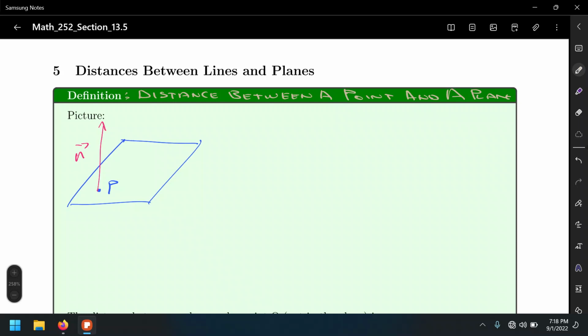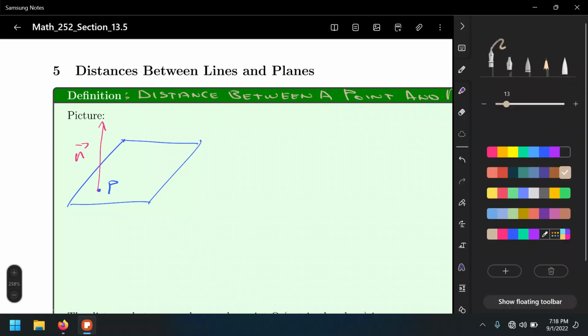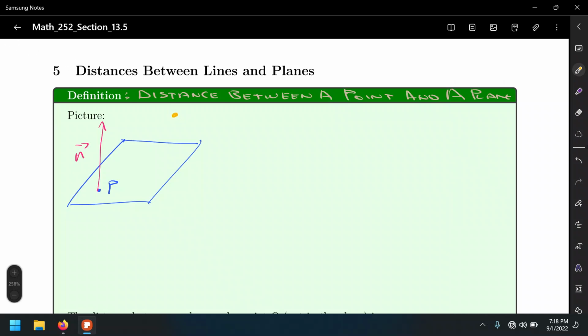All right, so we want to find the distance from a point right here. This point, notice, is outside of the plane, up or down, whatever. This point can be away from the plane this way, that way, all right? So there are infinitely many possibilities to describe the distance between a point and a plane, but in this case we're going to look for one in particular. What's that one? The one that is closest to the plane, because this distance is further away than this distance right here, right? So which one do we find? The furthest one? I mean the closest one from the point. Let's call this Q, and